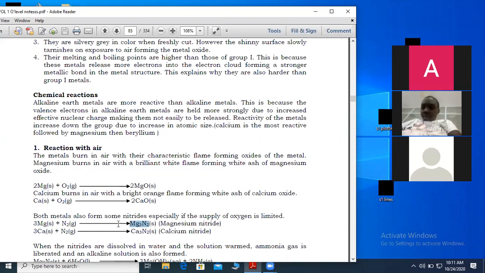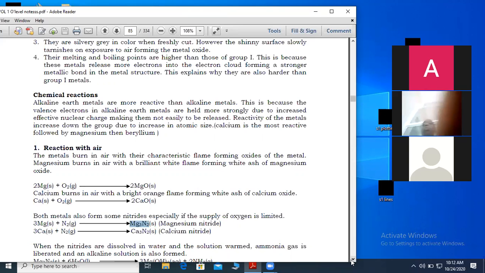Magnesium nitride. The valence of magnesium is 2, and the valence of nitrogen is 3. So when they exchange valences, the magnesium atoms become 3, and nitrogen atoms become 2. So that's the formula of magnesium nitride. To balance, just put 3 on magnesium. But the question was asking you to state what is observed when this magnesium nitride is dissolved in water,